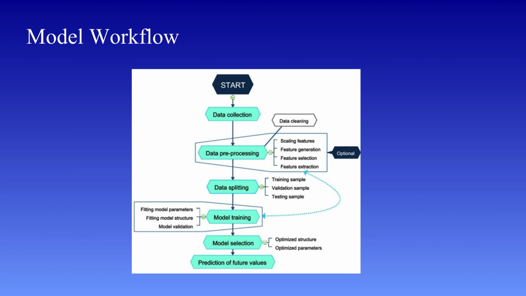We begin with data collection. Every model starts with data. Without data, there is no learning. This data can come from different sources such as databases, sensors, business transactions, or even user-generated inputs. For example, if you are building a model to predict house prices, you would collect data like location, size, number of rooms, and past prices. The key point here is that the quality of data directly affects the quality of predictions. There is a common saying, garbage in, garbage out. If your data is inaccurate or incomplete, your model will not perform well.